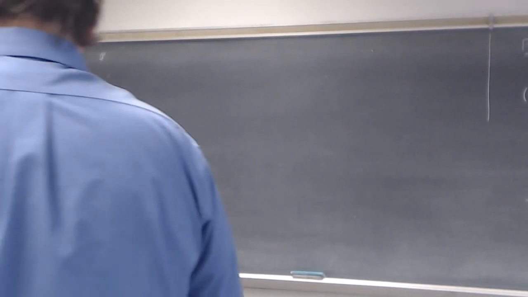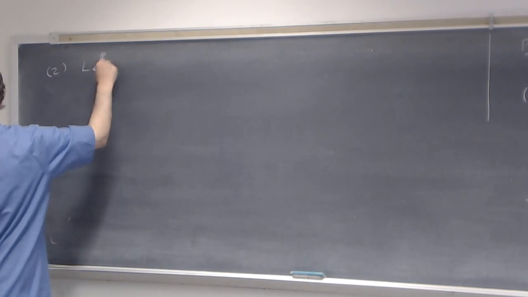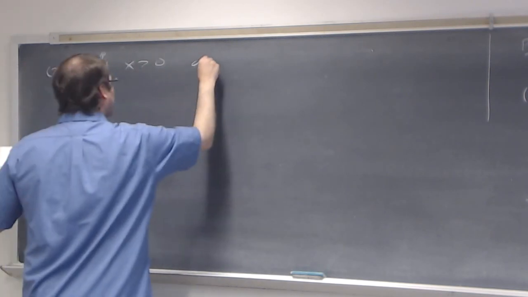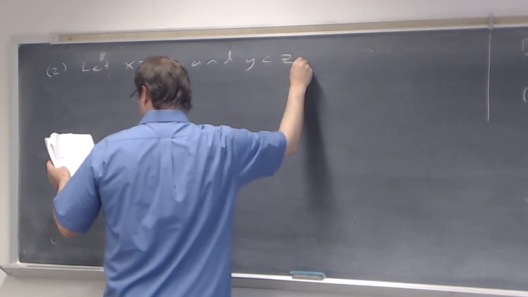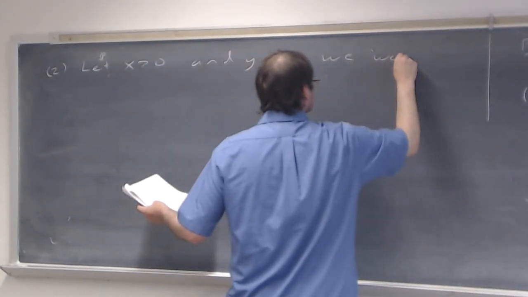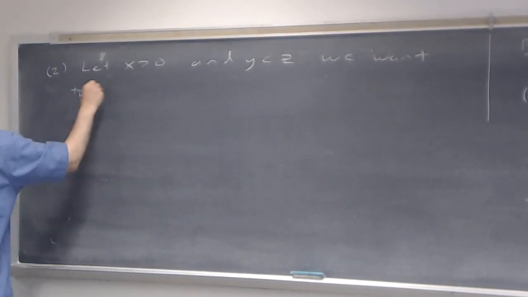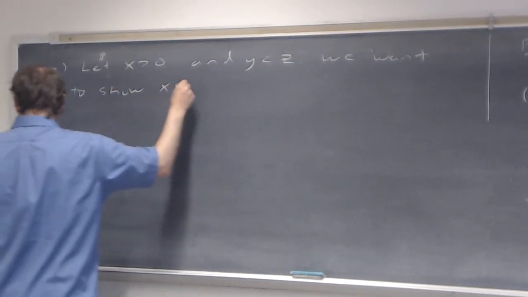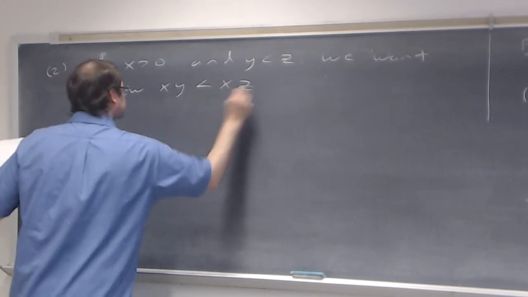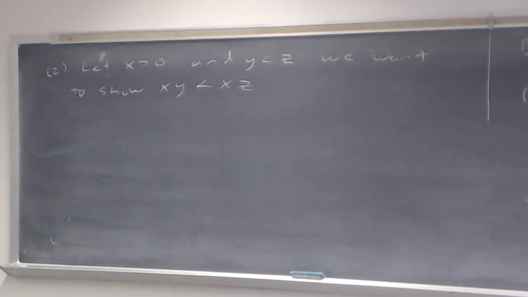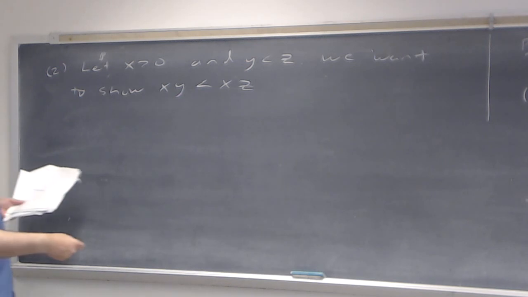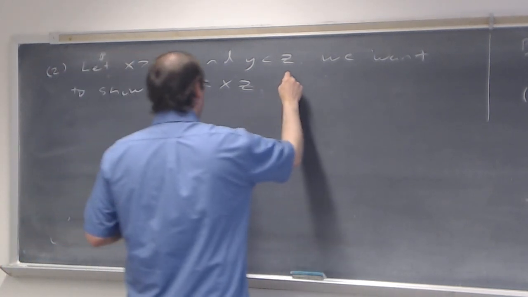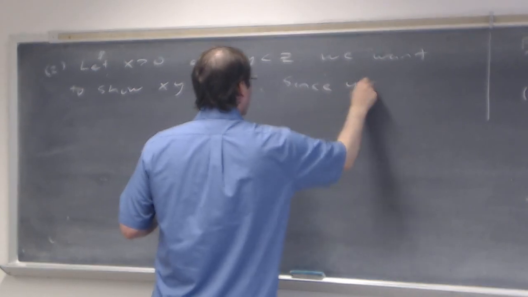Okay, for part two, we are going to let x be greater than 0 and y be less than z. We want to show that x times y is less than x times z. And so the way that we can do that is since y is less than z,